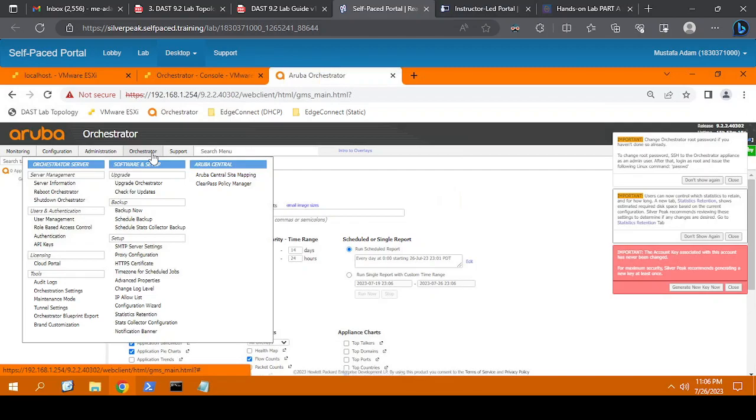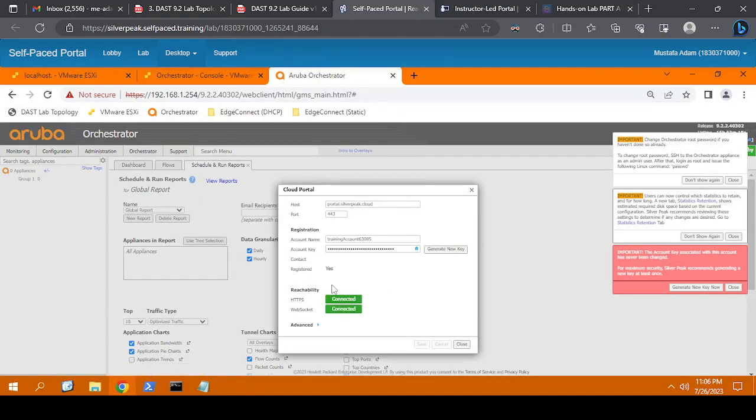I believe the licensing orchestrator server information report and user management control application. Yes, licensing cloud portal is here. So it's licensed and it's connecting through HTTPS and WebSocket. I don't know what WebSocket exactly is, but I know HTTPS. Okay,